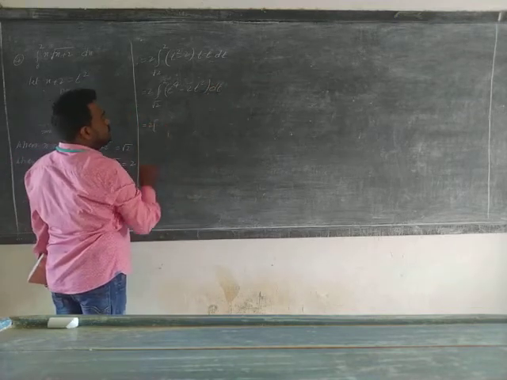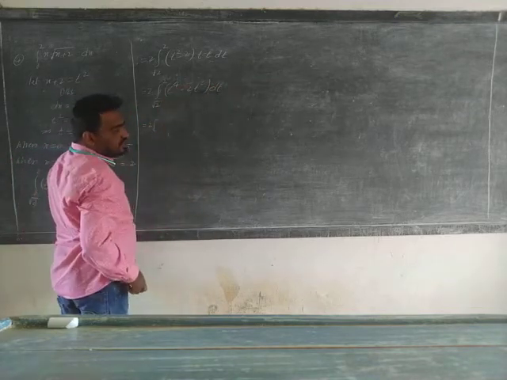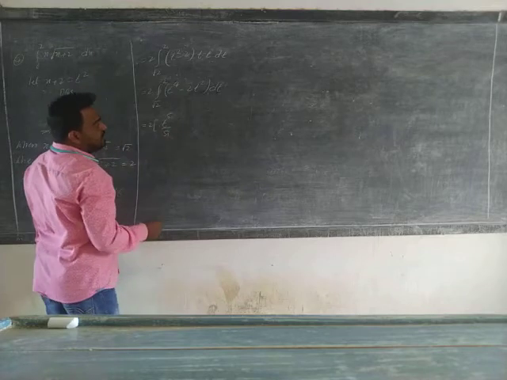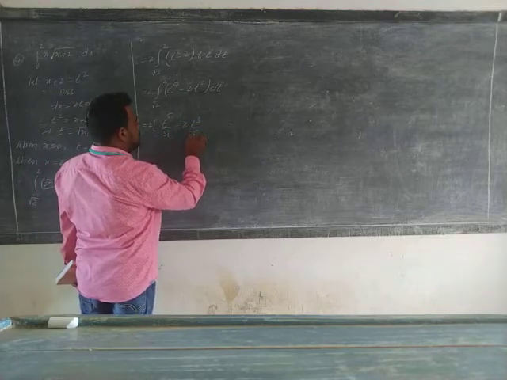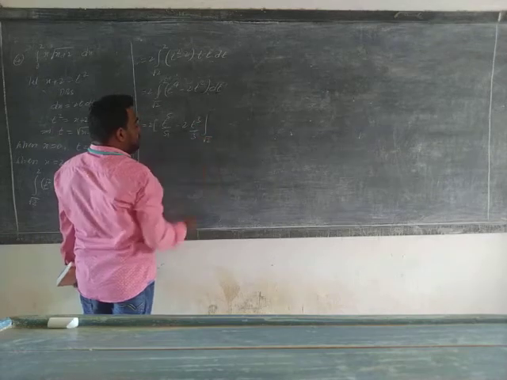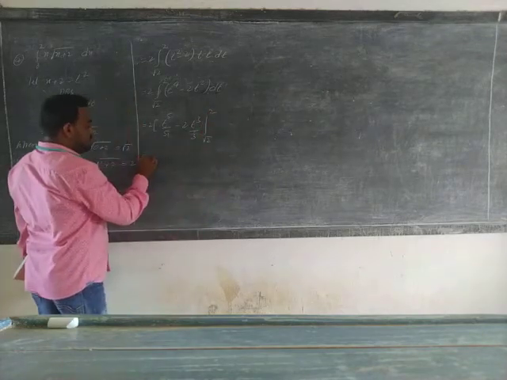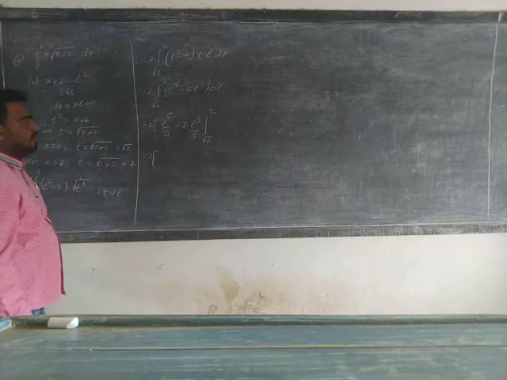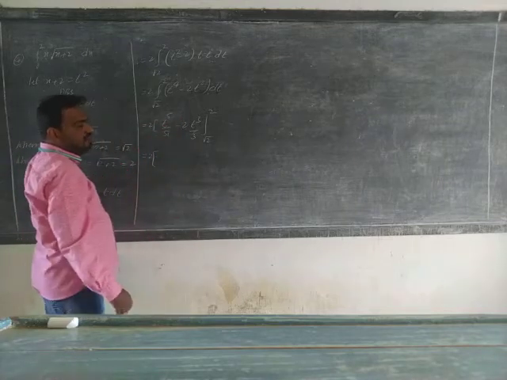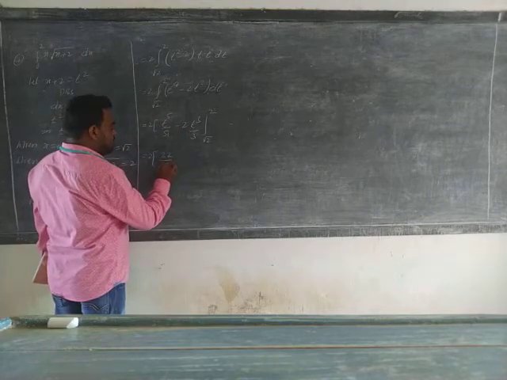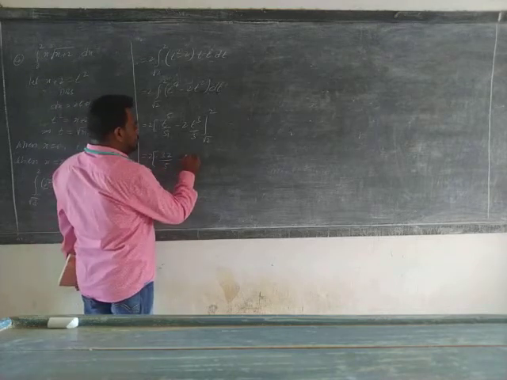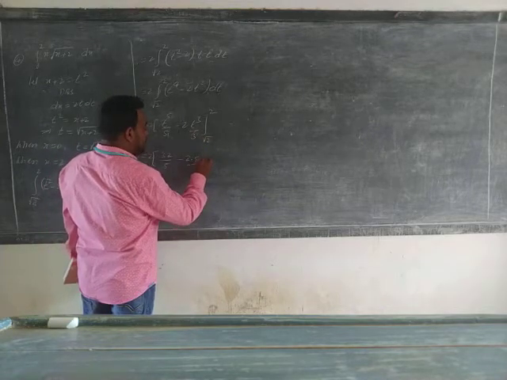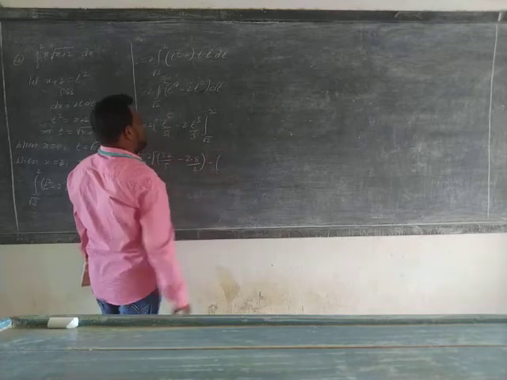This is equal to 2 into the integration of t power of 4, using the x power of n formula: t power of 4 plus 1 by 4 plus 1, so t power of 5 by 5, minus 2 into, similarly, t cube by 3, with limits root 2 to 2. This is equal to 2 into, now you substitute t equal to the upper limit. So 2 power of 5 is 32 by 5 minus 2 into 2 cube, 2 cube is 8, by 3. Upper limit finished. Now the lower limit.